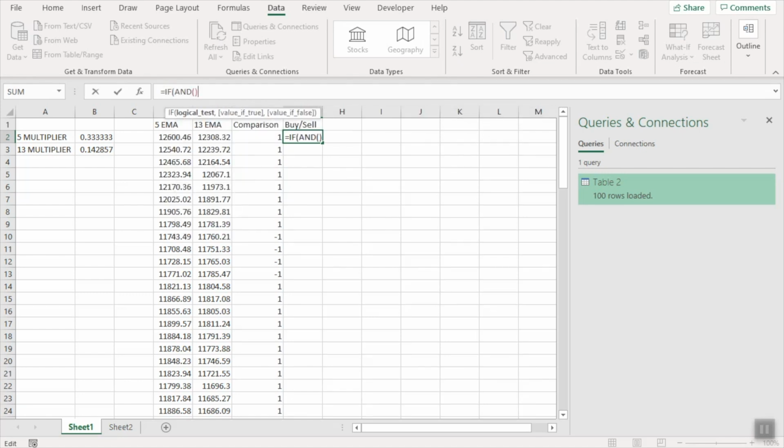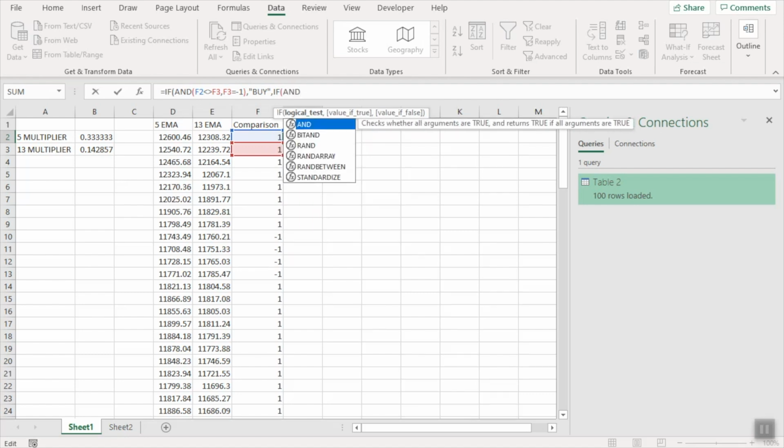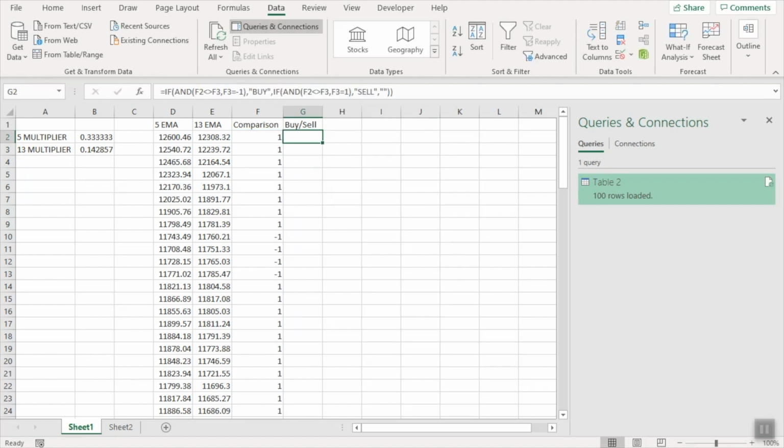Whenever a minus 1 precedes a plus 1, a buy signal is triggered. And whenever a plus 1 precedes a minus 1, a sell signal is triggered. Here we check for two things. If a value in a row is different from the value in the previous row, that is, if a minus 1 follows a plus 1 or a plus 1 follows a minus 1. And if the value in the previous row is either plus 1 or minus 1. The function returns Buy if a plus 1 follows a minus 1, Sell if a minus 1 follows a plus 1, and a blank value in all other cases.